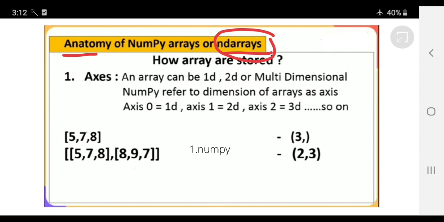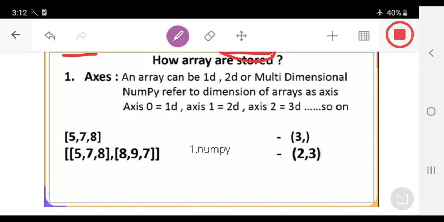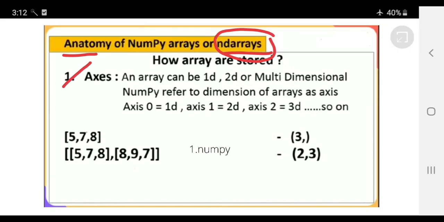So in this concept we have the first concept called axis. What is an axis? An axis can be one-dimensional or two-dimensional or multi-dimensional. NumPy refers to the dimension of an array as axis. For example, axis 0 means one-dimensional, axis 1 means two-dimensional, axis 2 means three-dimensional, and so on.